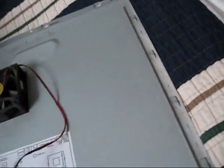So, as usual, line up the holes. Put in some screws. I found the other screw for the floppy drive. And yes, I am actually doing this on an old bed, just sitting up in this room. Anyway,